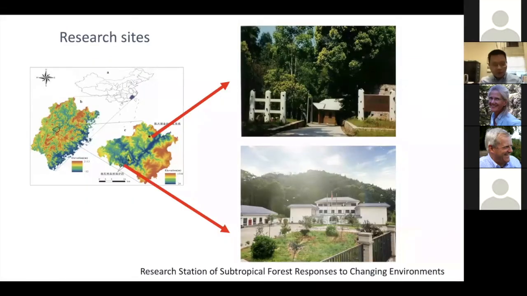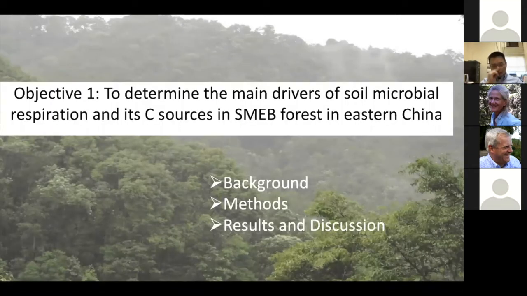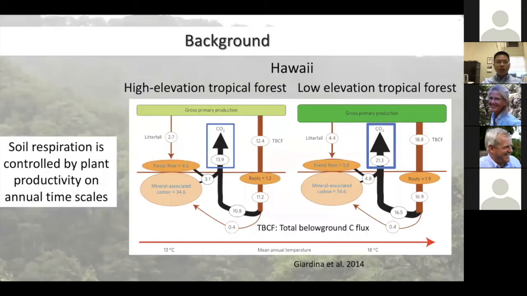And my research site is located in the southeast of China, in Fujian province. The forest here is the middle subtropical broadleaf forest. For the first objective, I will start from the following 3 contents. So first,